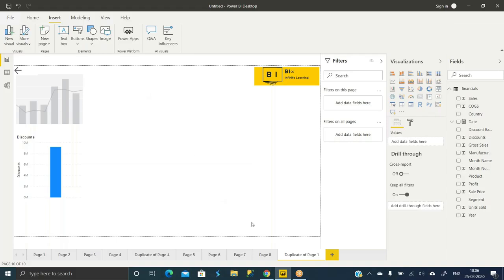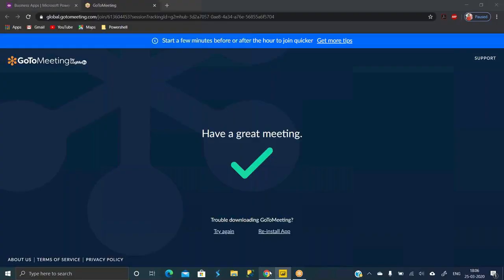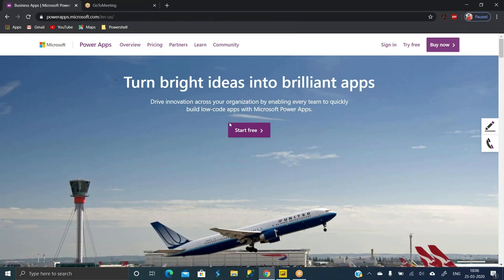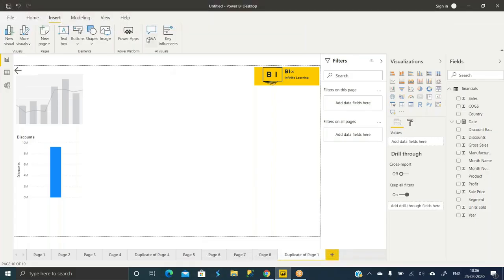So if someone wants to integrate Power Apps with Power BI, they can use this. We have, this is a custom application. We have Power Apps. This is a business application. So again, it is for those who are actively working on Power Apps and would like to integrate Power Apps and Power BI together. This is for them. And it's not mandatory to know Power Apps or Power BI. It is optional, same as R and Python. It is specific to those people who are especially working on